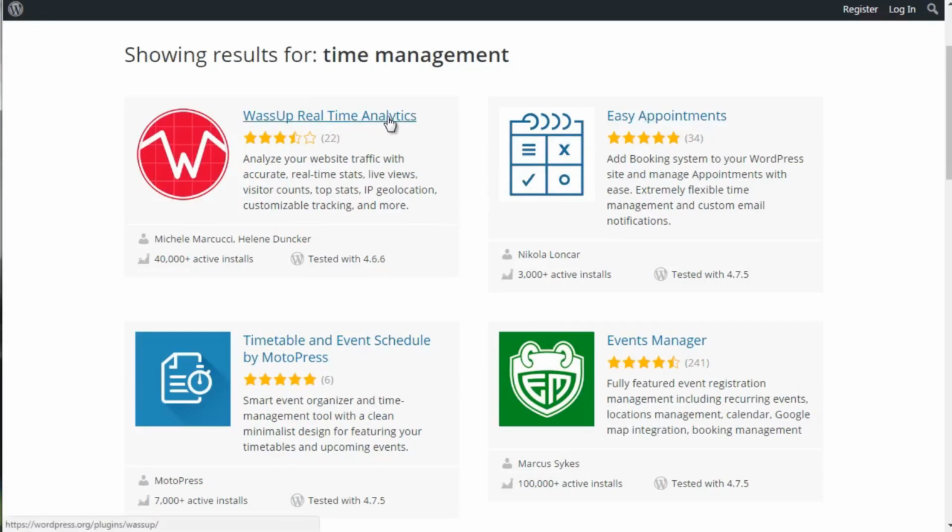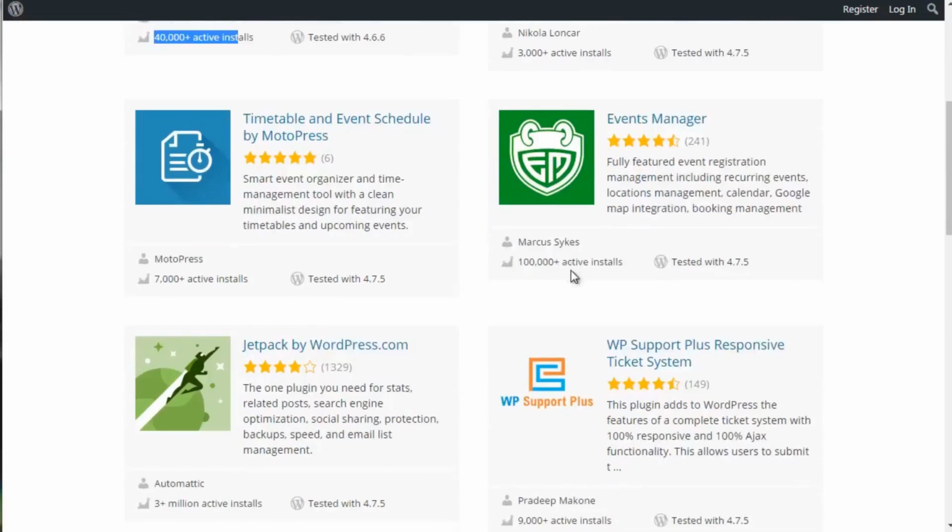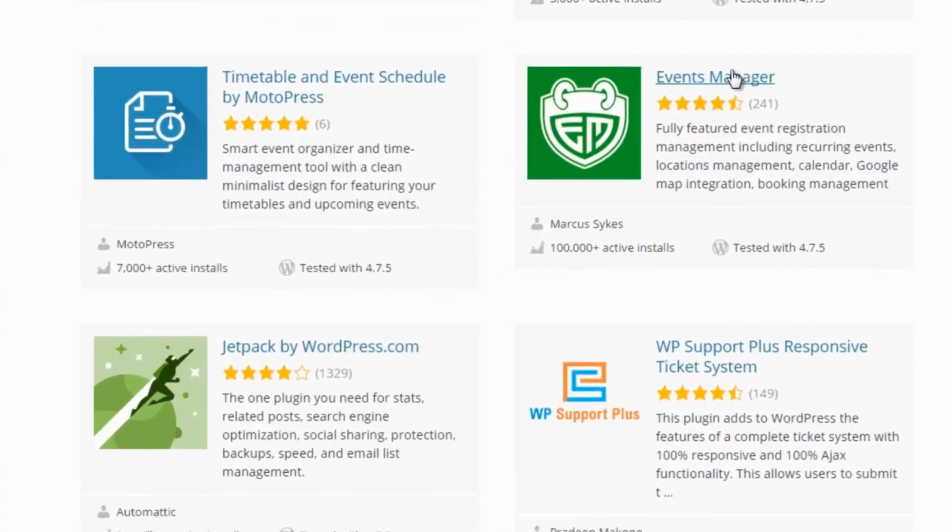But another thing you can do is you can see a lot of times you'll have a really good plugin, but nobody leaves any reviews, right? So we got 4.5 stars out of 5, 22 reviews. But if you look down on the bottom left-hand corner of these boxes, you can see that 40,000 people installed it. All right, so that definitely shows there is a demand for that plugin. So if we look over here, Easy Appointments, 3,000 installs, 100,000 installs for Events Manager. So we can see the demand by looking at WordPress.org